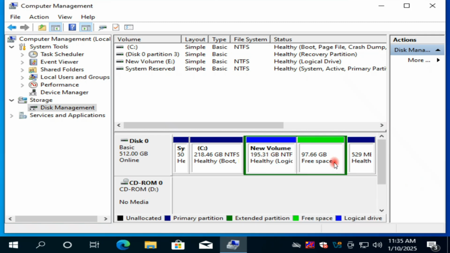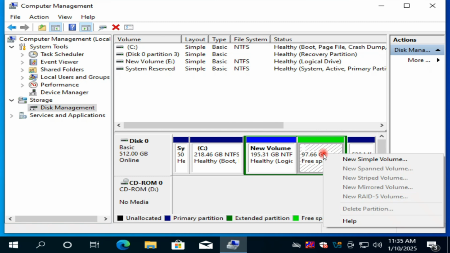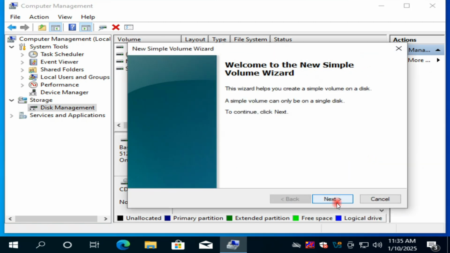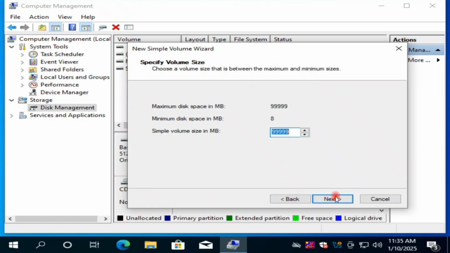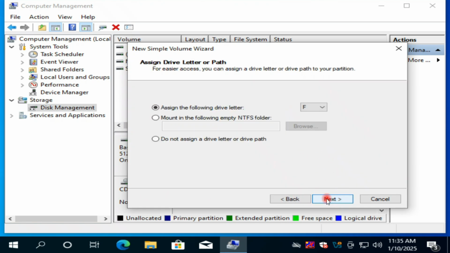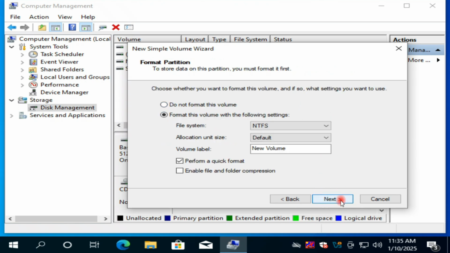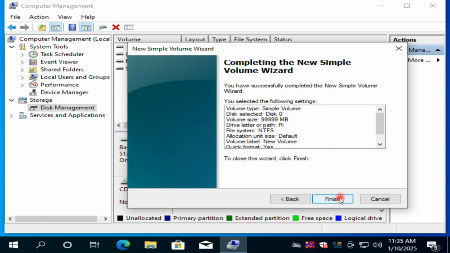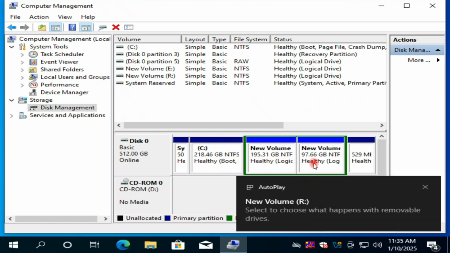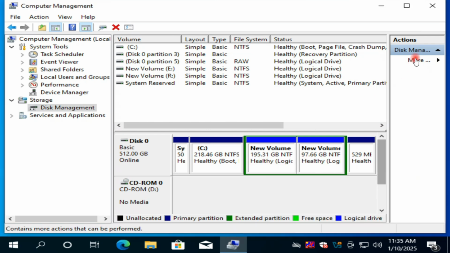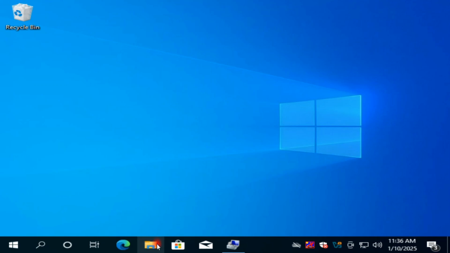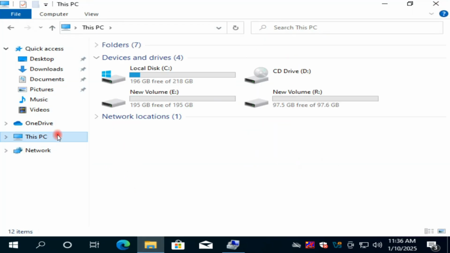Now right click this free space, New Simple Volume, click next, click next, set any drive letter, okay, or next. Don't change anything here, click on the next button and after that click the Finish button. So in this video we create two partitions, okay, one and two. Close this window, open My Computer, This PC, and you can see here only two other